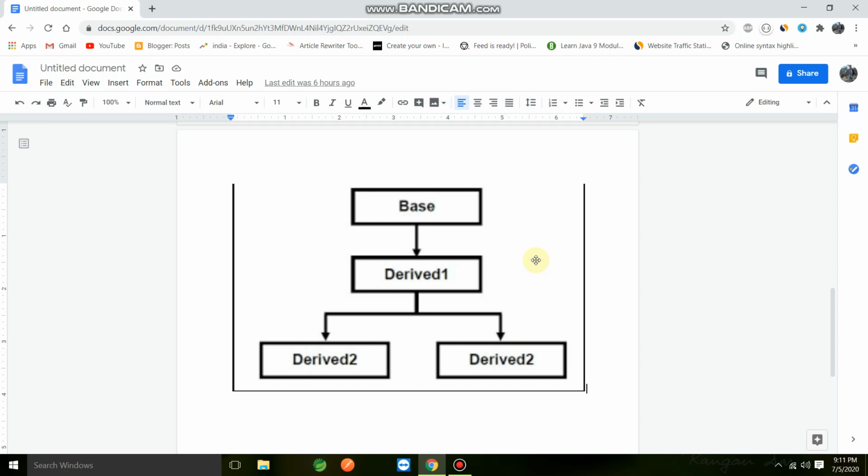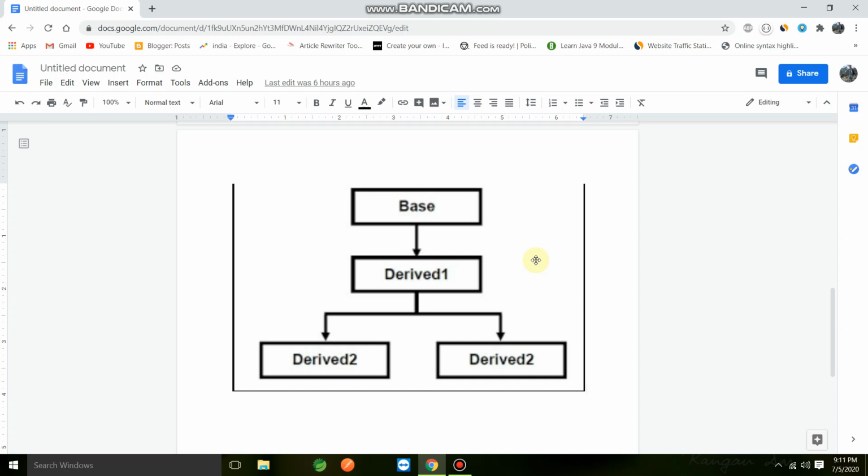That might be a use case for your real-time project when you use the inheritance concept. So you need to be very sure about what kind of inheritance it is and how we can implement it. You should not be confused about the inheritance types and their implementation.